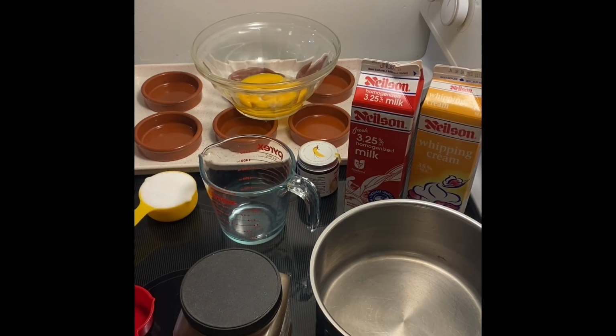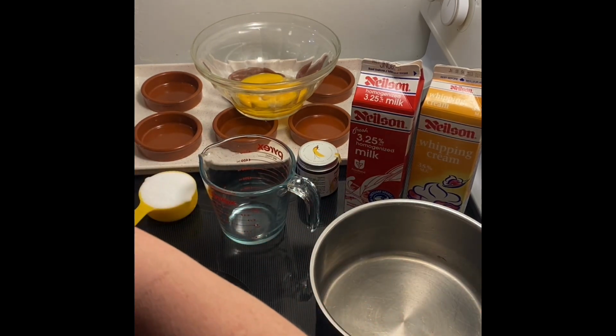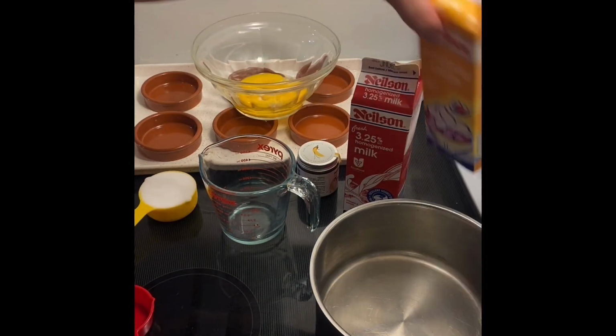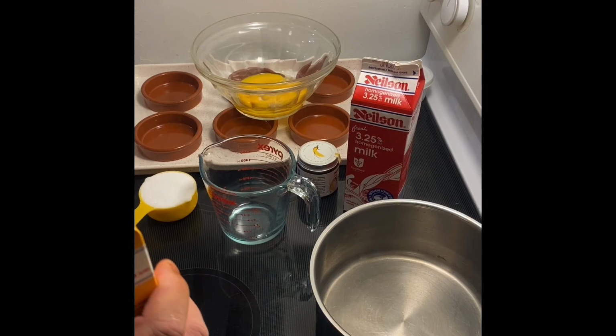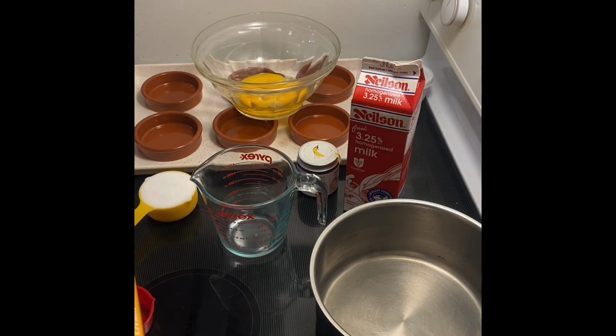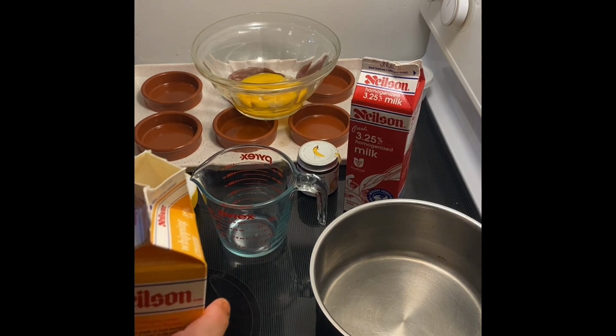Okay, my lovelies, we're about to make espresso creme brulee. And like so many Euro-American desserts, that involves making a custard. The thing about different custards is it's all about ratio. So in this instance, we're doing